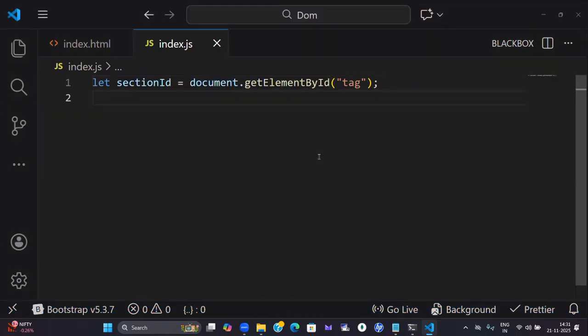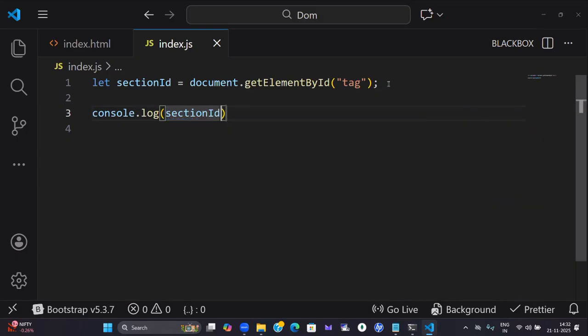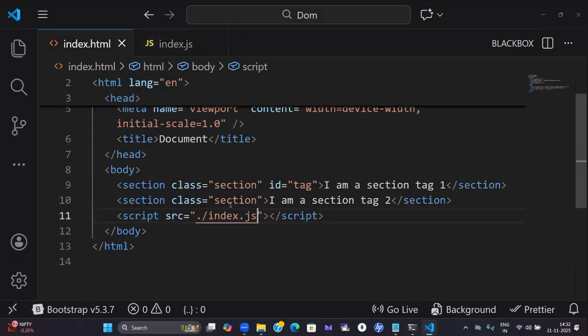Document dot getElementById of. This one is better, the previous one is better. This one okay, na? Okay. So document dot getElementById of the tag. So next one, what I'm doing? console.log of sectionID. console.log of sectionID I'm giving. If I run this,